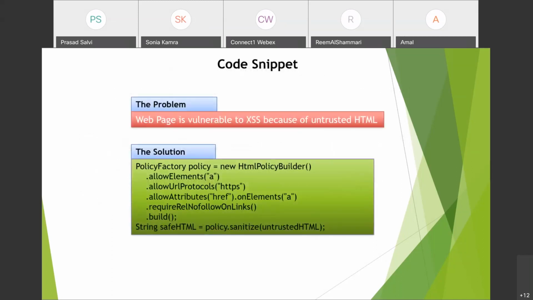A quick code snippet for sanitization. The problem is my web page is vulnerable to cross-site scripting because of untrusted HTML, like the example we just saw, displaying reports. The solution is that I create an HTML policy, and I only have the parameters or values that are whitelisted, and those are allowed in my application. For example, allow elements, allow URL protocols, and in the end, if you see the last line, it will be String safeHTML